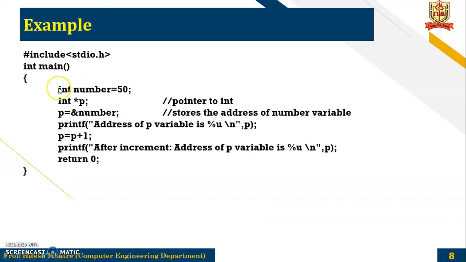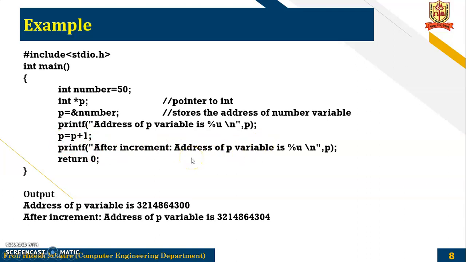Example: say integer number is equal to 50, then int star p. Now this is a pointer to the integer, so p equal to ampersand number. So I am assigning the address of number to the pointer p, and the address will be displayed by p. Now what I am doing here is incrementing, that is p is equal to p plus 1. After incrementing, I will be getting a result like, see, the address of p is some random memory address,